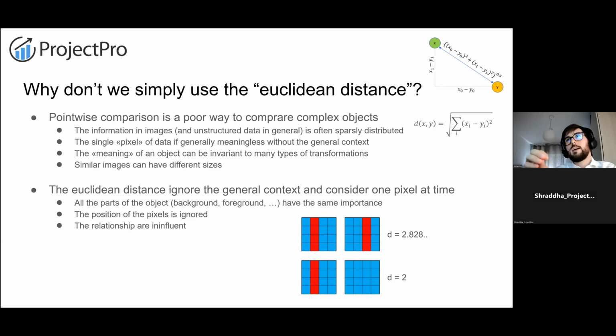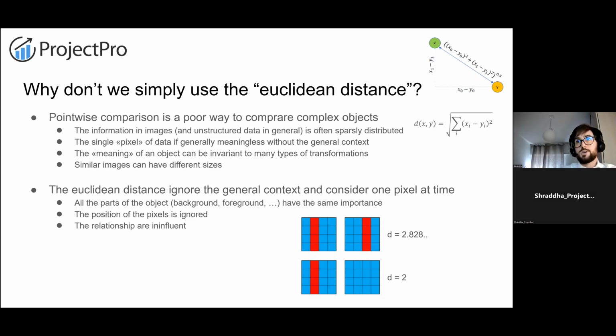For example, I don't care that pixel number 37 is green if all the others are very different. Maybe it's simply noise. Maybe it's a leaf in a photo of a tree, or a hat in a photo about garments, or a person, or a pair of glasses or something like that. I don't get any information from the fact that pixel number 37 is green. I need the context where this information is.